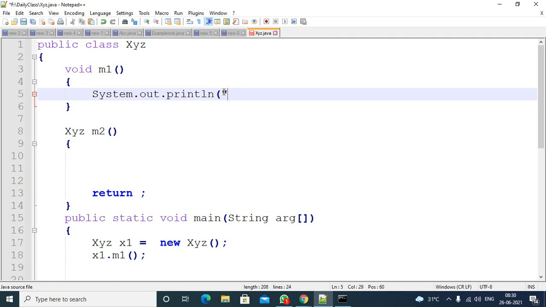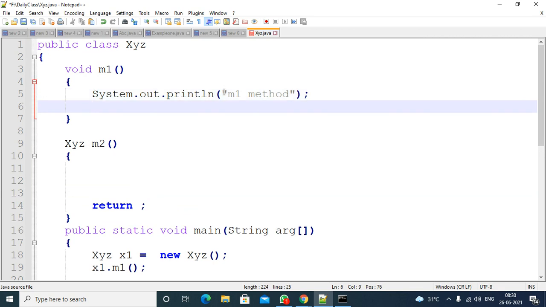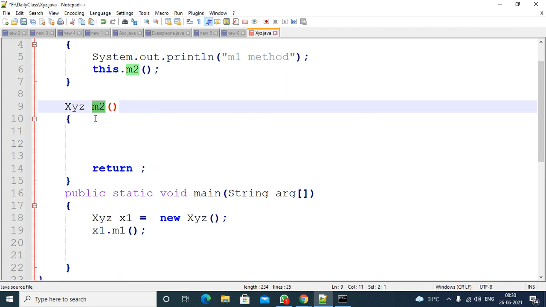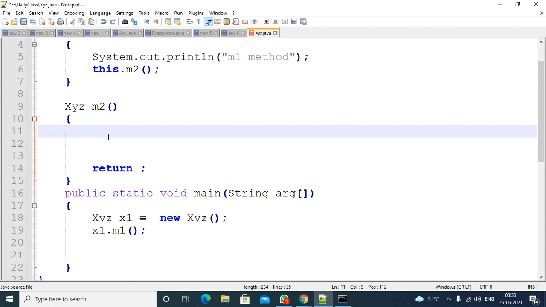So in the m1 method, from here I can call the m2 method by using the this keyword also. I'm calling the m2 method using the this keyword. No need to use the this keyword, no problem. If you use it also, no problem, right? So the m2 method will be called. After calling the m2 method, you can print some statement here.